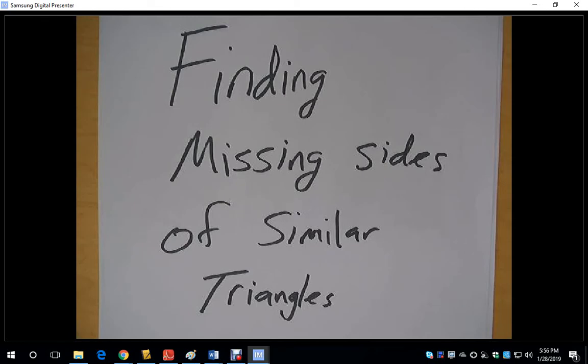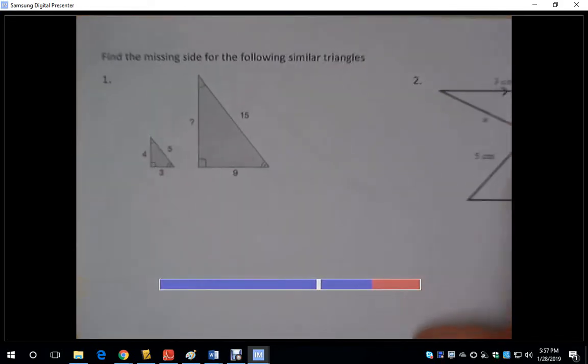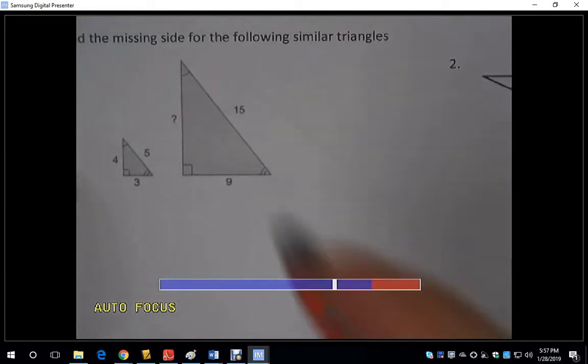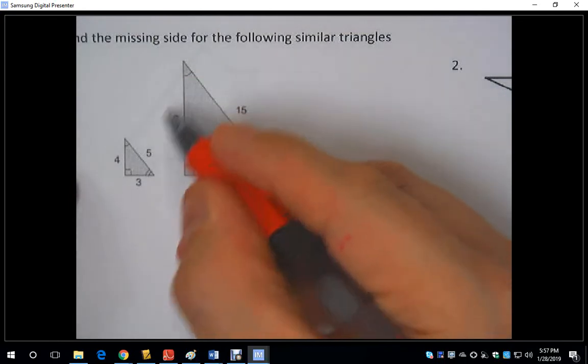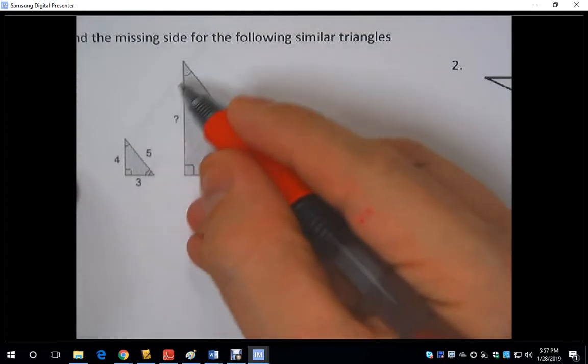This is a tutorial on how to find a missing side when given two similar triangles. Now when you're given two similar triangles, there's two important pieces of information that you know. One is that corresponding angles are congruent. I have a little arc here and a little arc here indicating that these two are corresponding angles and that